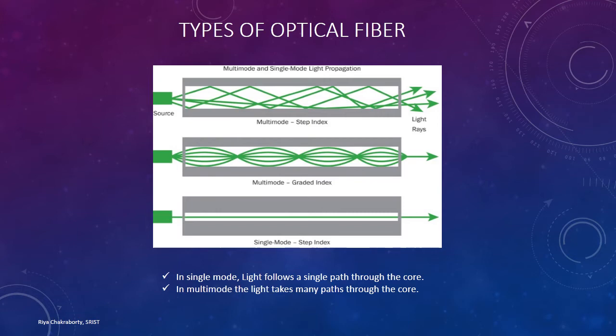And now multimode graded index fiber. Multimode graded index fiber cables have several modes or paths of transmission through the cable, but they are much more orderly and predictable. These are the typical paths of the light beams. Because of the continuously varying index of refraction across the core, the light rays are bent smoothly. You see it in the diagram. The light rays are bent smoothly and converge repeatedly at points along the cable.